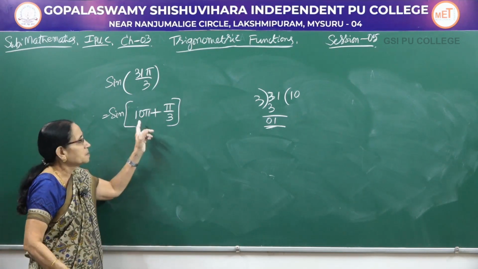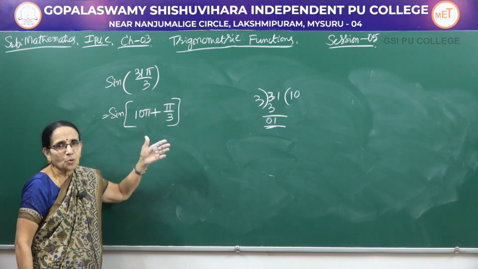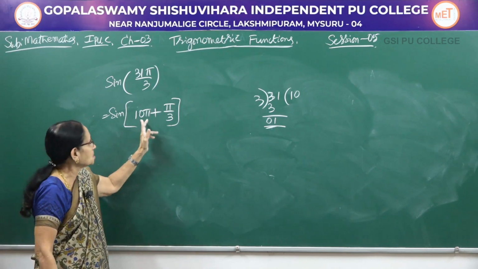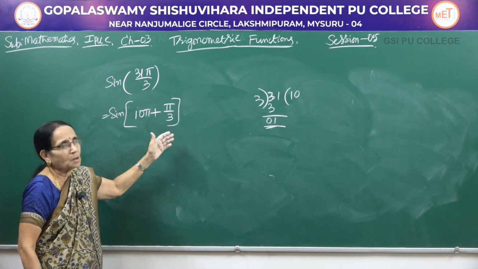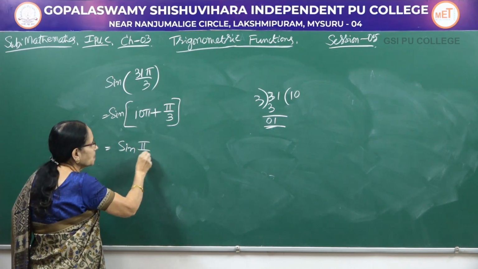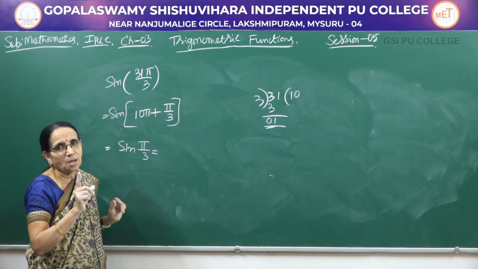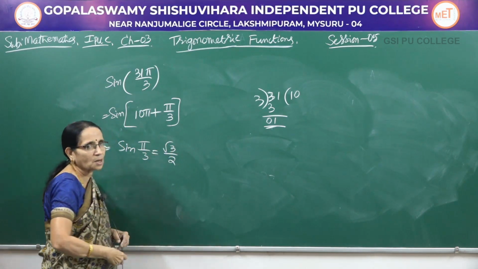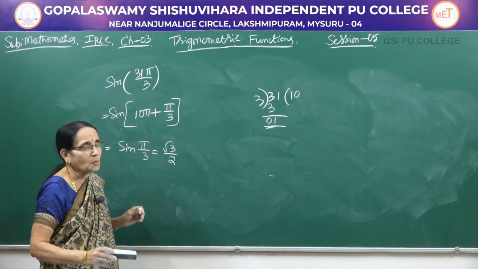Now, just now I told you 360, and the second number 720, 1080, 1440, and 5 times means it is 1800, like that. It is as good as considering the same thing. 2 pi, 4 pi, 6 pi, 8 pi, 10 pi, we come back to the original position. So, neglecting this one, you can write it as sine of pi by 3. Now, pi by 3, the angle in radian measure, is equal to 60 degrees. Pi by 3 means 60 degrees. Therefore, we got an acute angle in this case also. So, we can write it as root 3 by 2, which is the standard value.